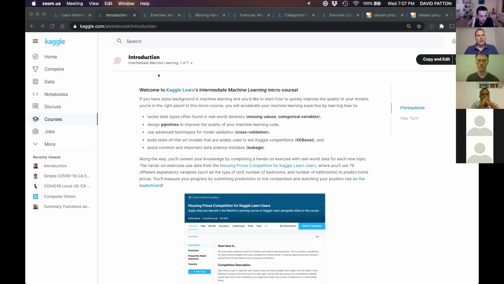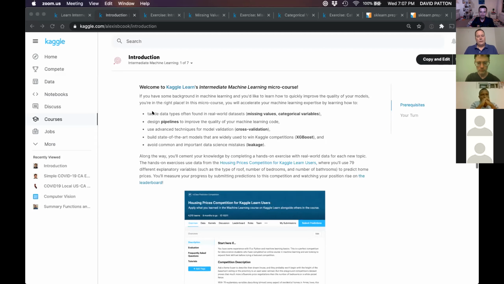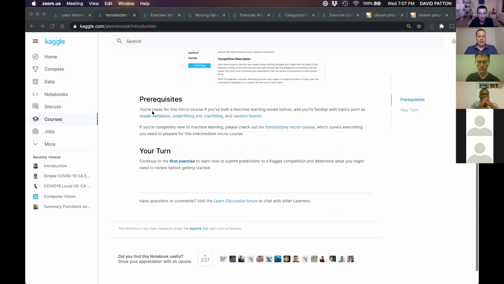Last time, if you recall, we talked about decision trees and random forest, and this is now a step beyond that to a boosted model. And then the last thing we'll cover is a very important thing that you see a lot when models have fabulous results. It probably means you've got some kind of data leakage in your system, and we'll address that. So that's about it for the introduction.